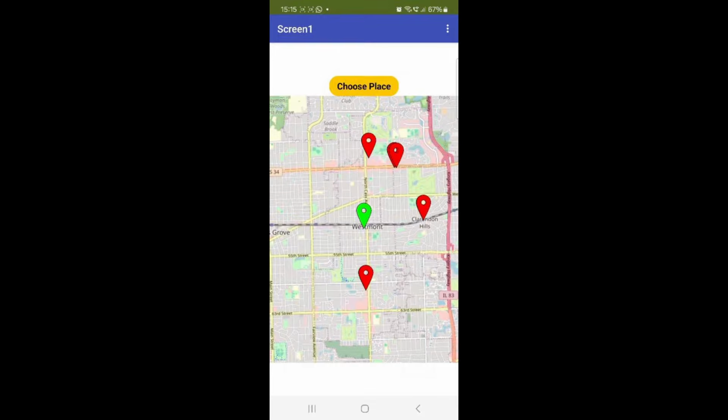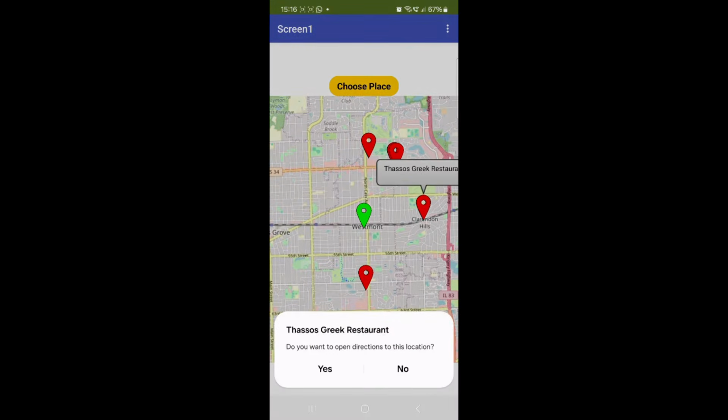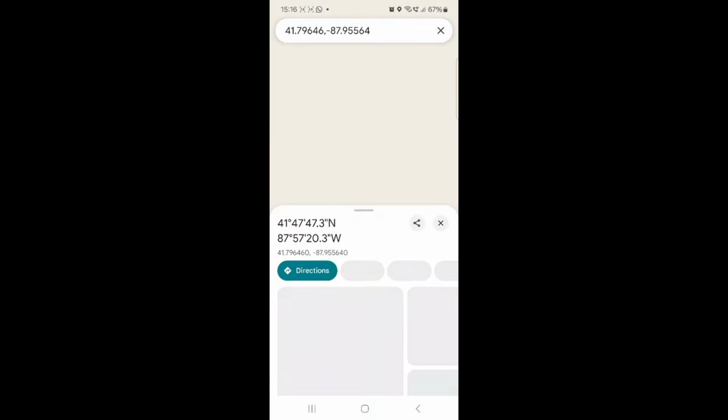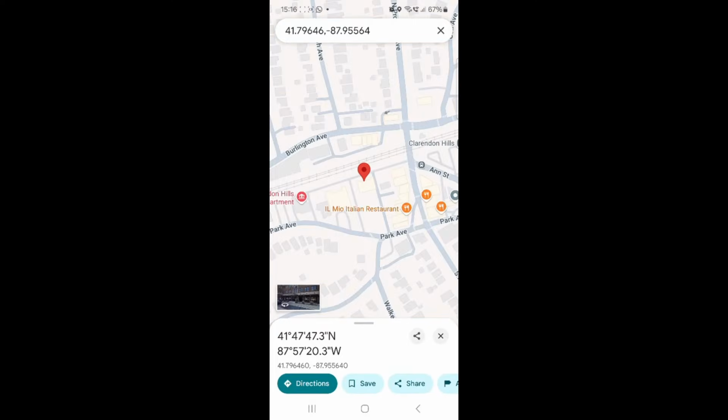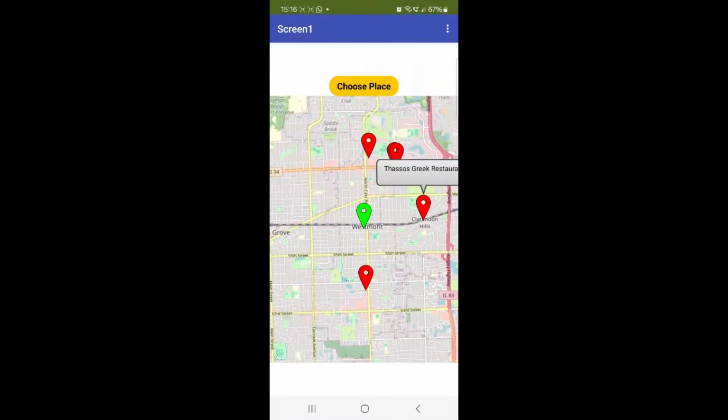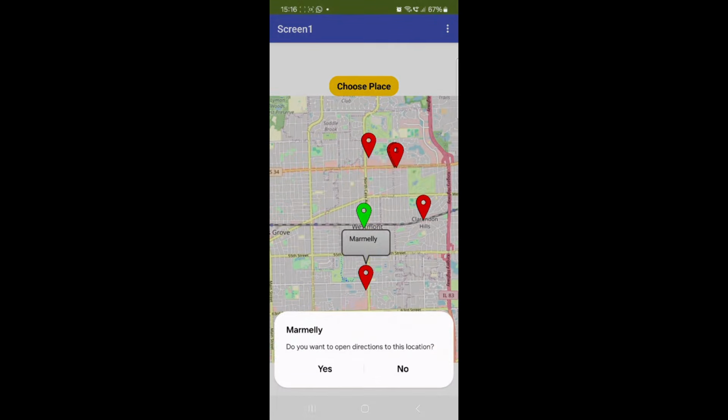I'm using the OpenStreetMap API for doing this search as it is 100% free, doesn't require you to enter credit card details, and doesn't even require an API key. So perfect for students. The user can tap on a marker and its name will show up, and a dialog will pop up asking the user whether they want to get directions using Google Maps. If yes, we will use Activity Starter to open up Google Maps with those coordinates. Doesn't it look exciting? A fully functional and useful app, and you're learning so much.